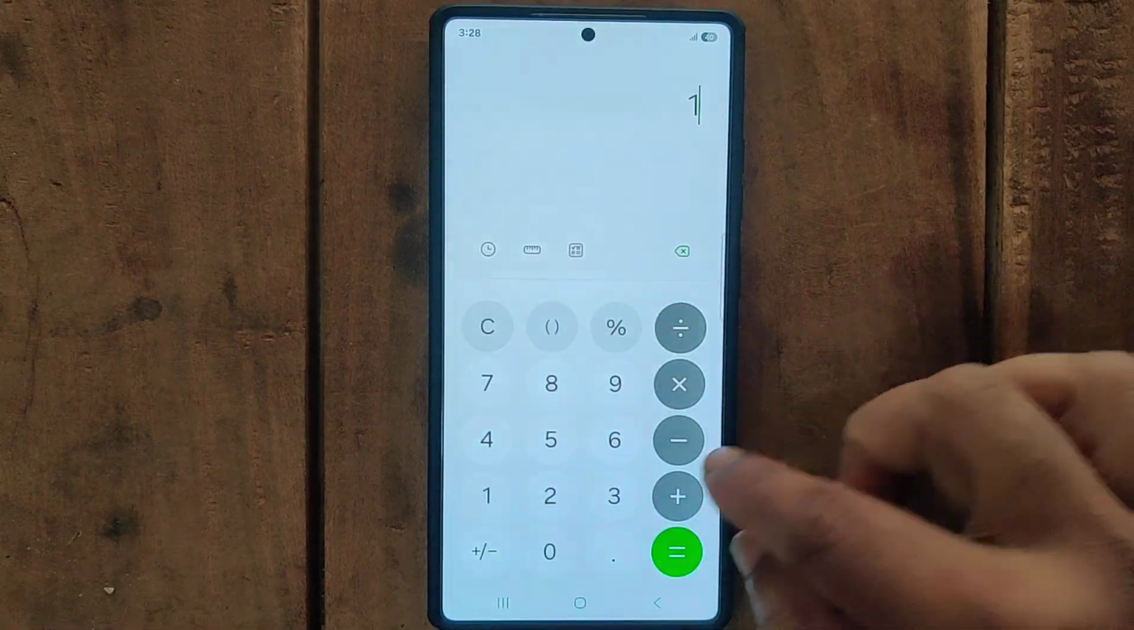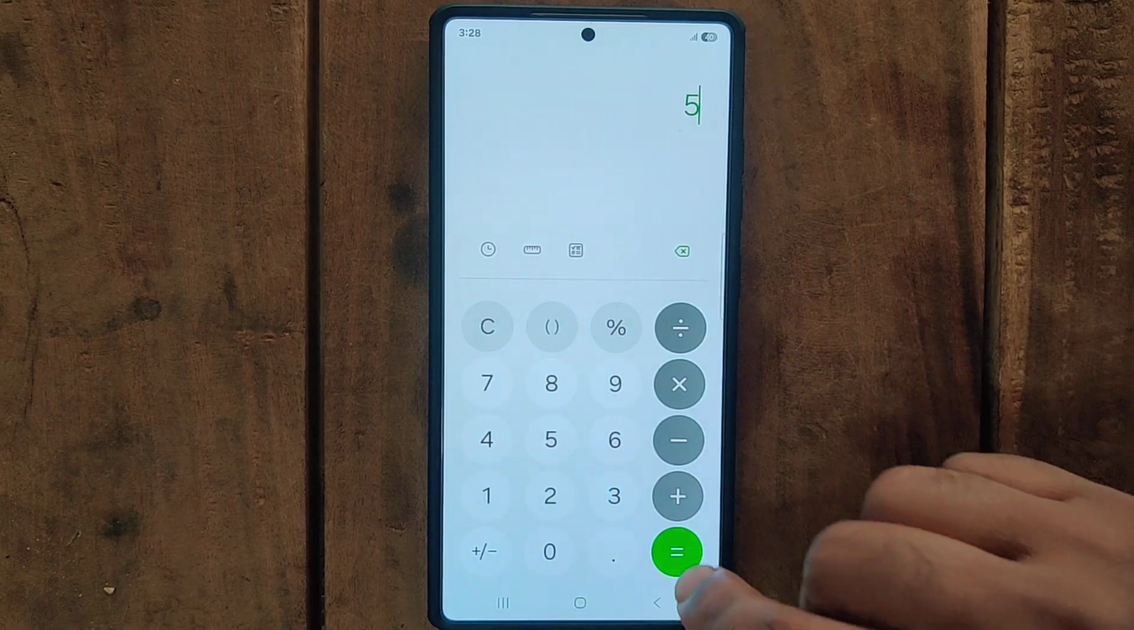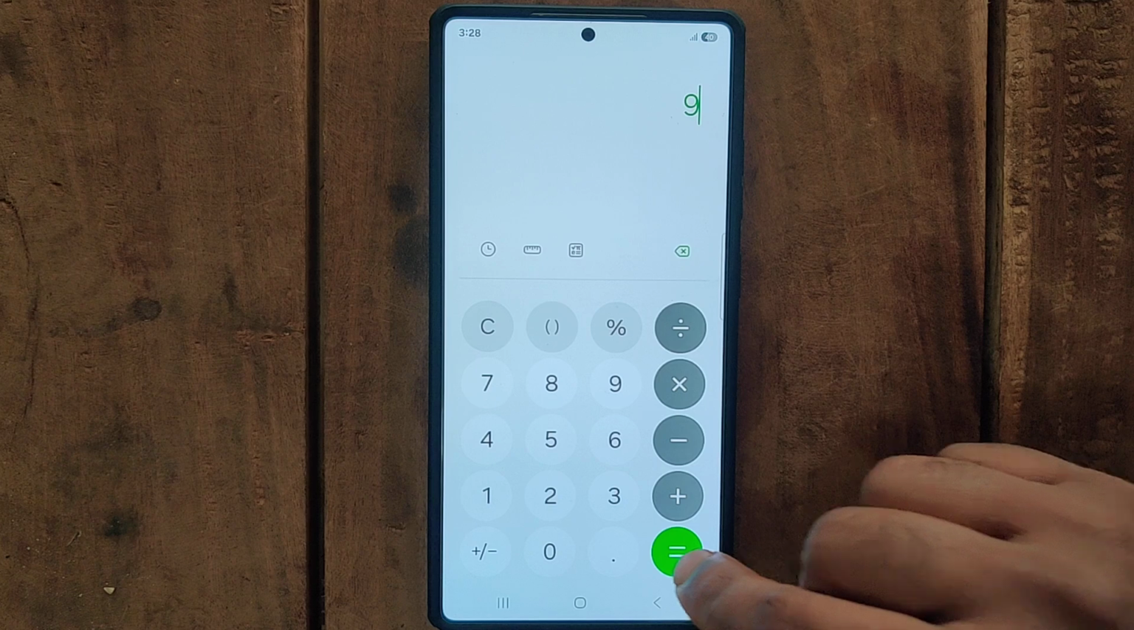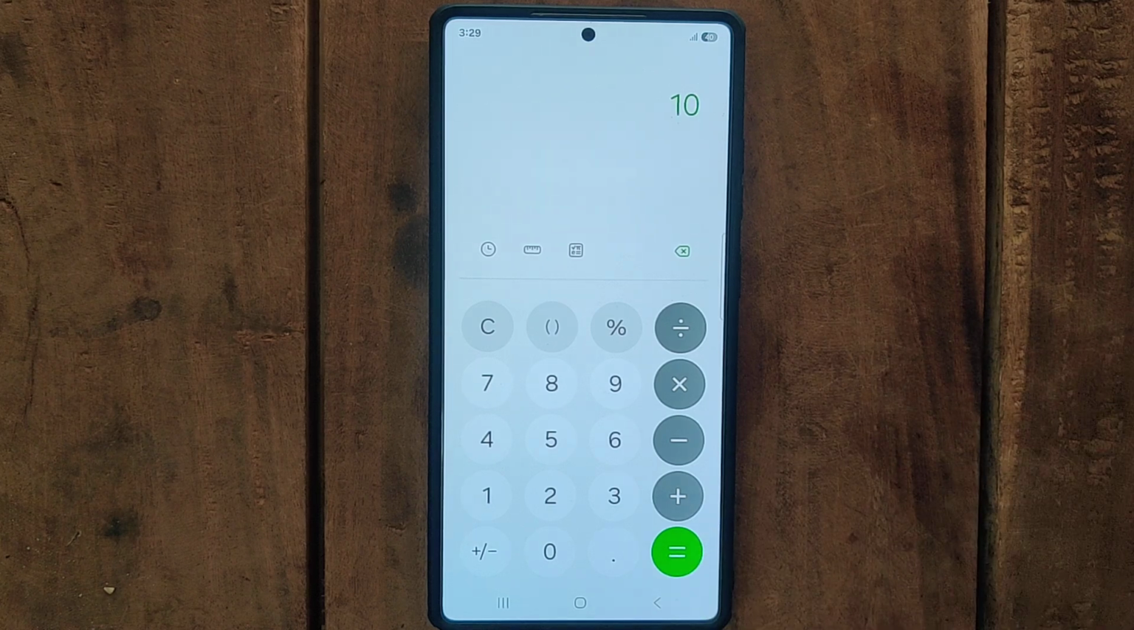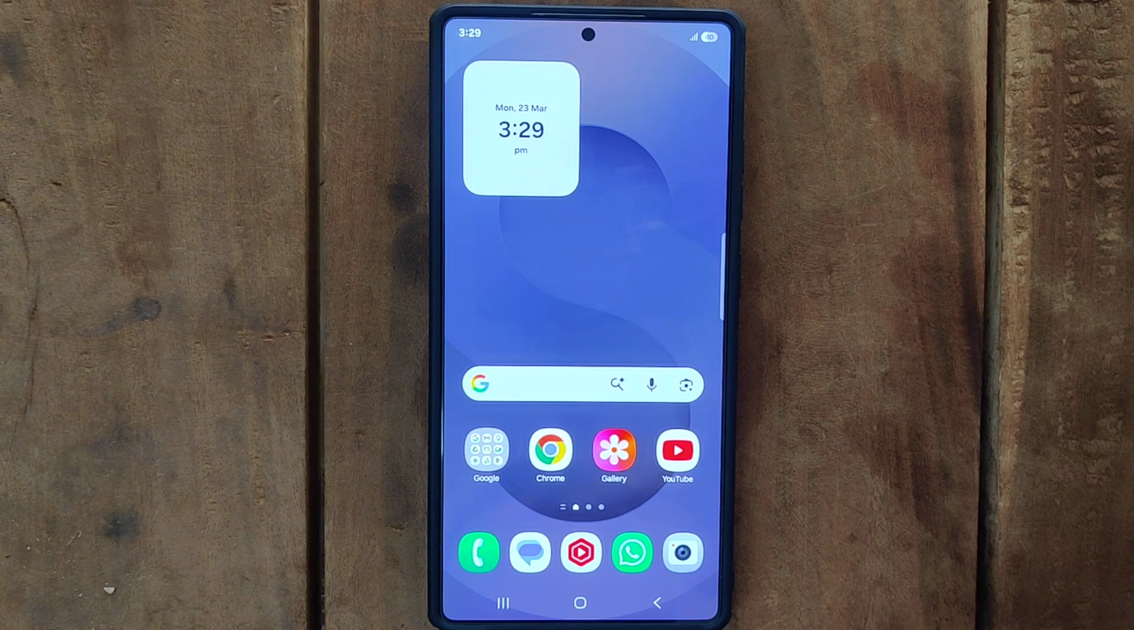Once again, press 1 plus 1 equal to 2. Then start pressing again. So you can simply use your phone as a counter application without installing any additional counting applications. So that's a very simple tutorial, and if you need any kind of Android or iPhone tutorials, comment